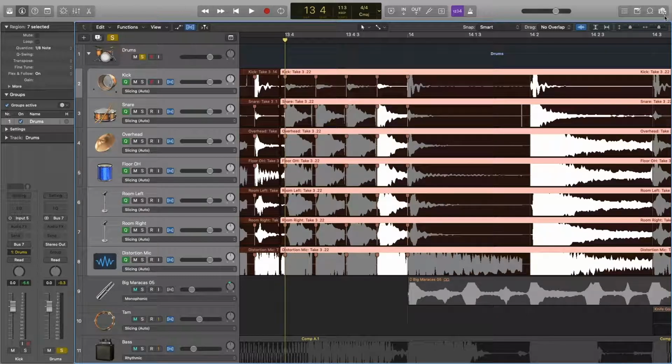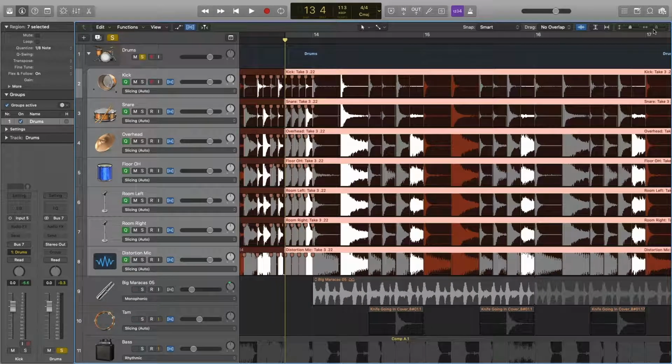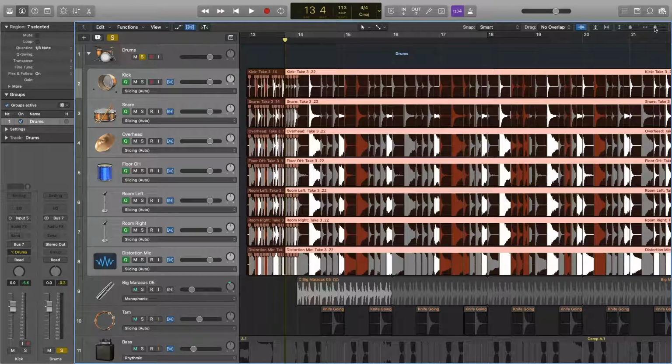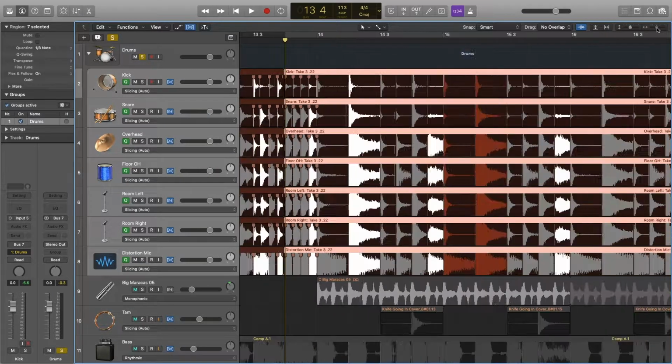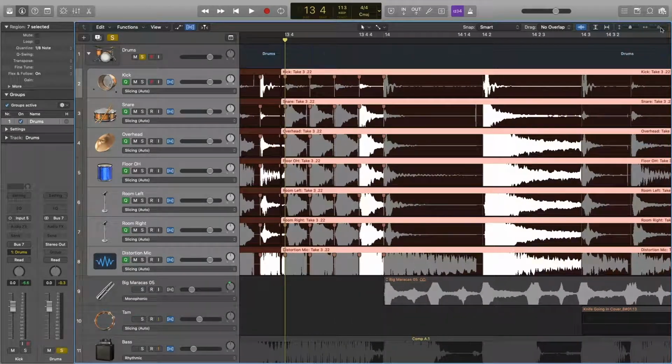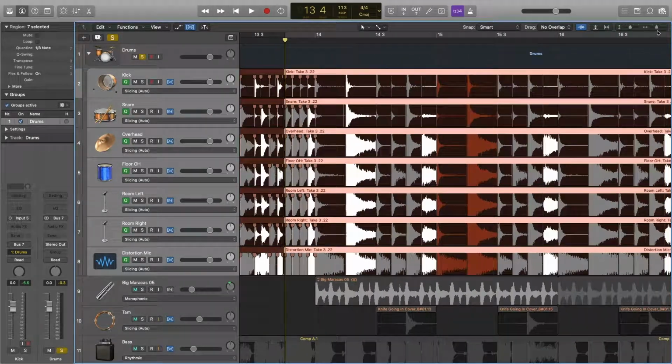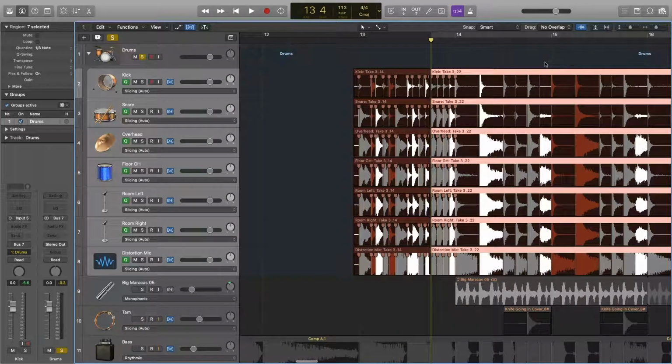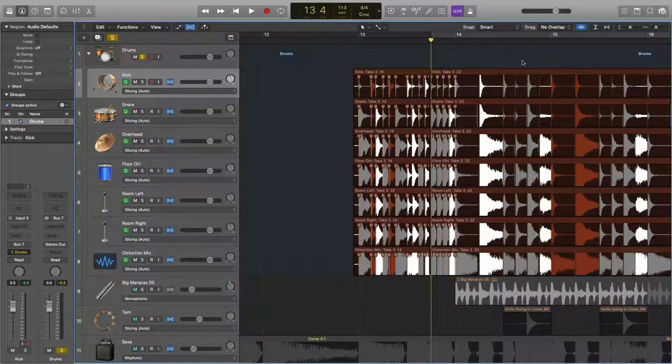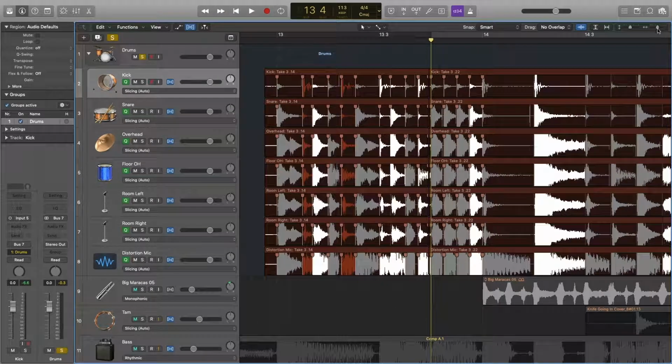Now, not everything has to be perfect. If you go through and you listen to it and it sounds fine, it sounds fine. Don't get carried away with, oh, this has to be snapped to the grid. It doesn't. It really doesn't. And a lot of times I will leave things as they are just because it sounds fine. Whatever sounds good sounds good. Always remember that. I will leave you with one tip that I do when I'm quantizing,